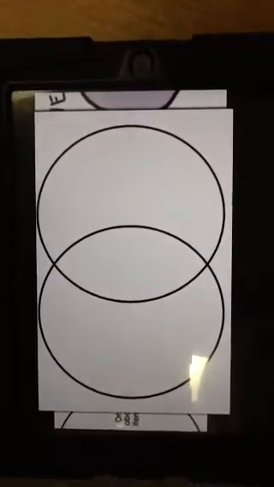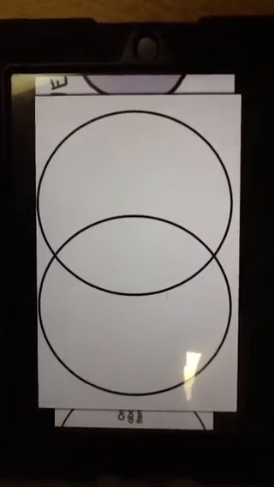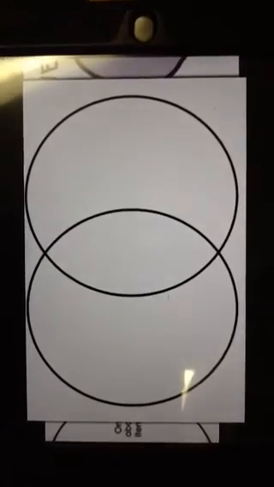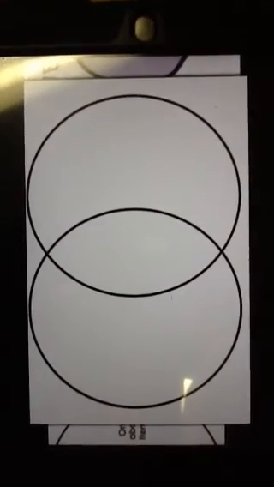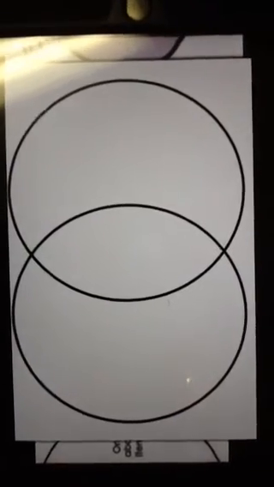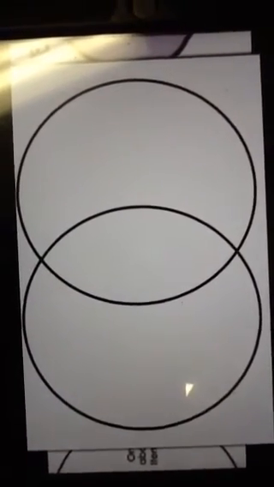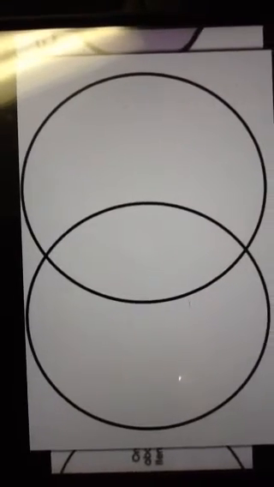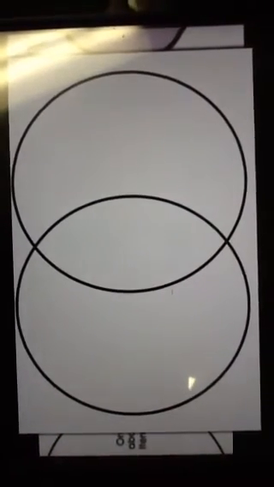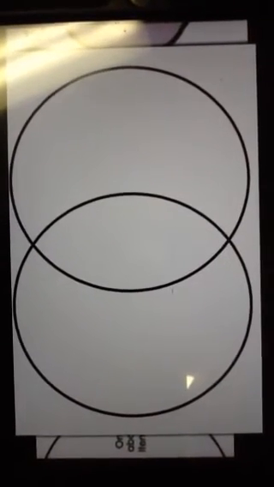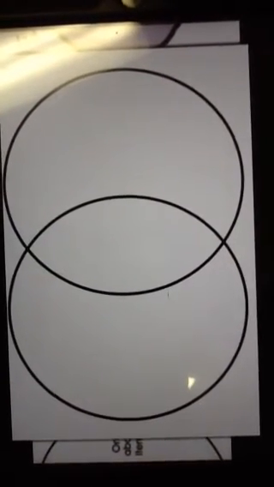Take information and sort it into areas to show how things are alike and how they're different. Normally we use this when we're doing reading, or maybe even parts of speech. And in science we use these a lot, but we also can use these in math. So in case you're not familiar with this graphic organizer,